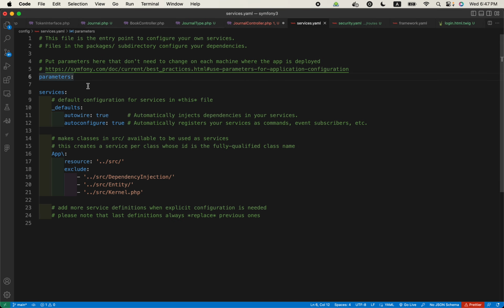So you can add some variables here or parameters here site wide. So we will call it upload underscore directory, and this is going to be some value, and that value is going to be